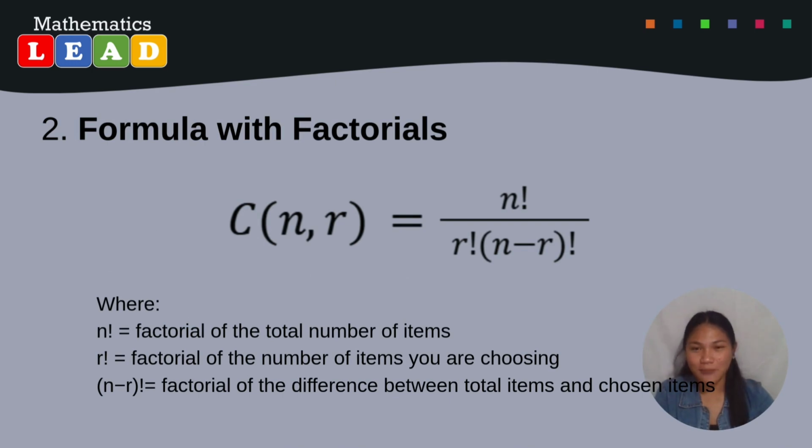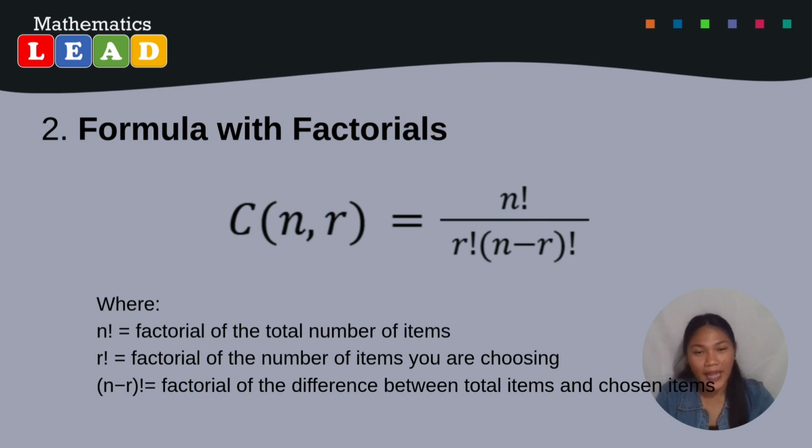For our second method is the formula using the factorial. This is a mathematical method. If we have n objects and want to choose r objects, we use the formula. The combination of n and r is equal to n factorial over r factorial multiplied by the n minus r